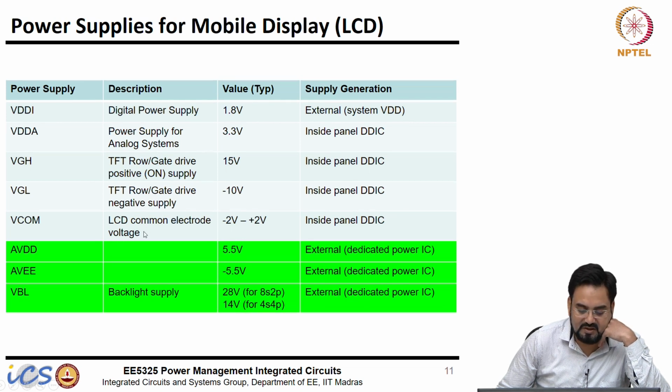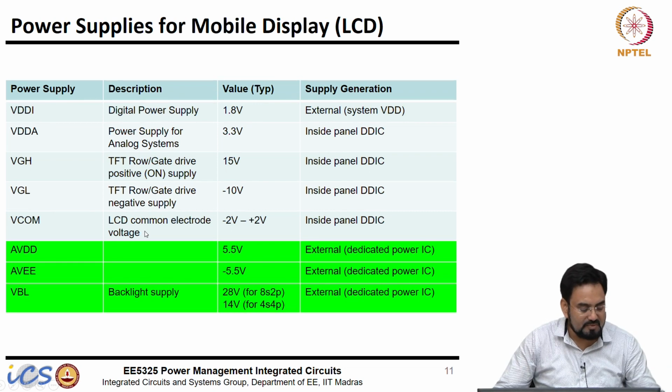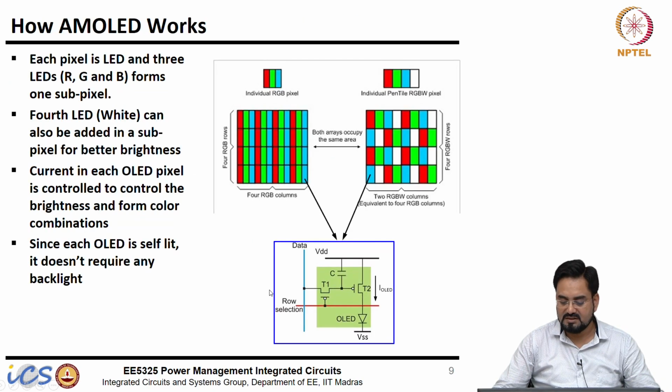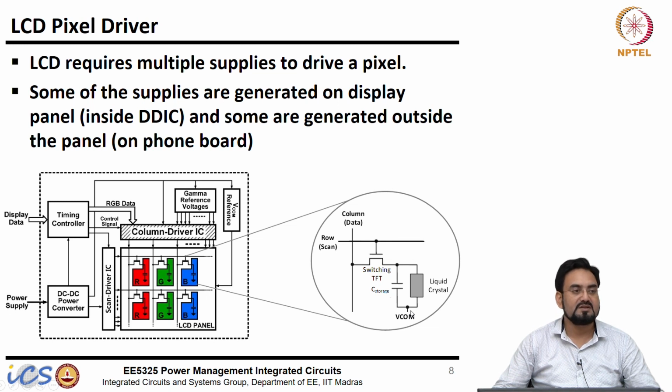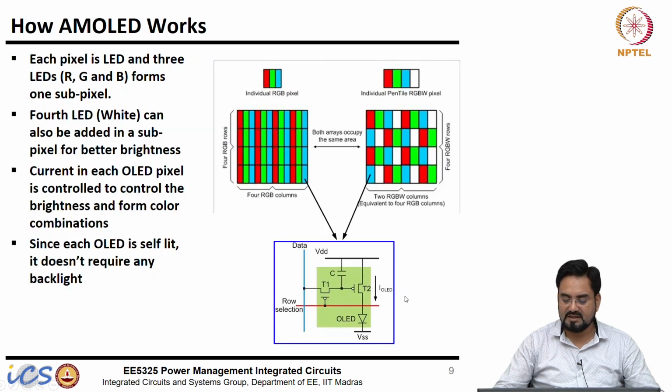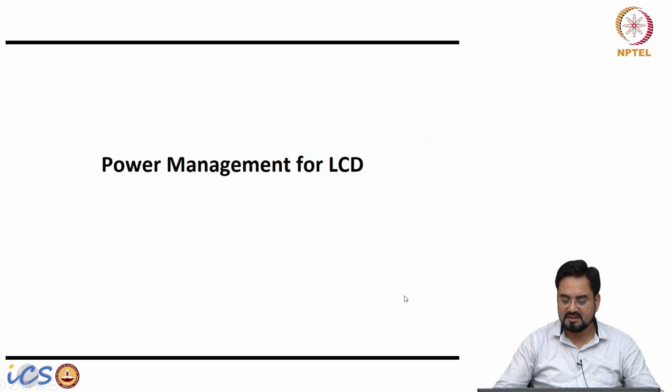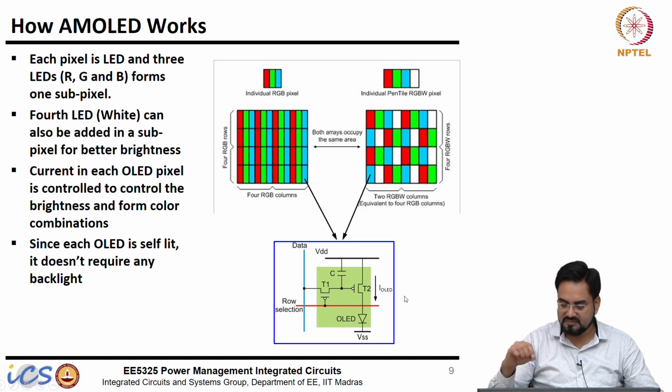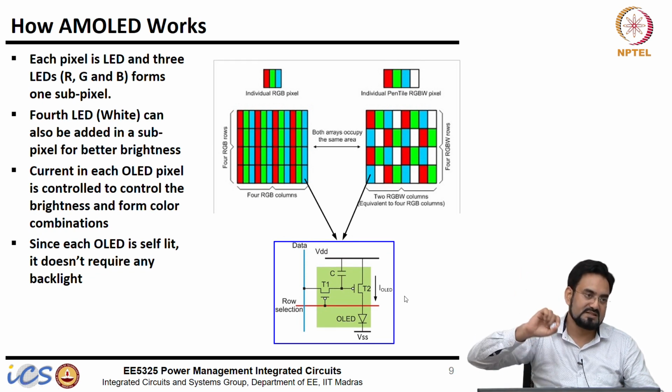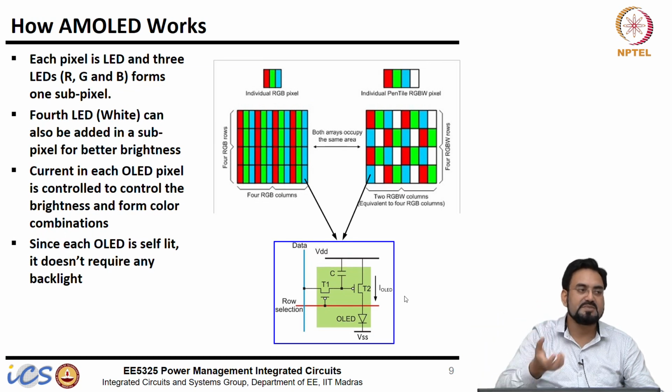So then VCOM. VCOM is nothing but the common voltage on the other side of your liquid crystal. So the voltage across this liquid crystal will be the voltage you apply minus this VCOM. It could be 0 also, but due to some reason this VCOM may be a variable and can be adjusted, because on an average the voltage you are applying through the LCD should be 0 actually.